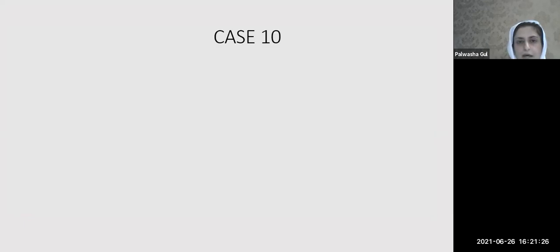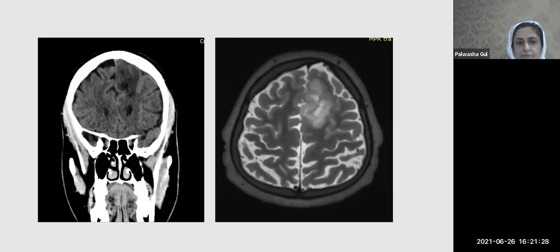Case number 10 is a 38 year old who came with headache, and a plain CT scan showed a hypodense area sitting in the subcortical white matter. This was T2 weighted imaging which showed a signal abnormality in the frontal region, in a peripheral location, and this was non-enhancing, so we gave a diagnosis of